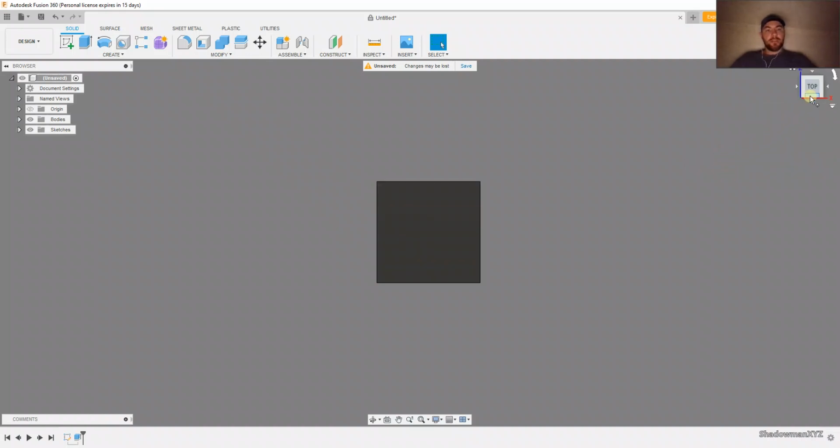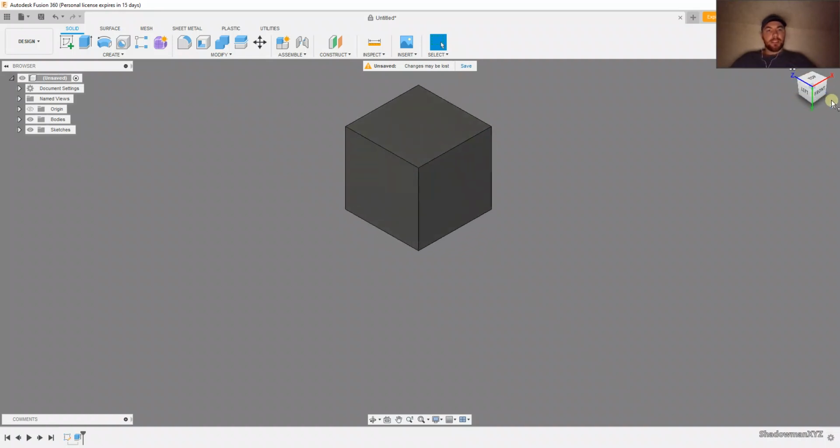Boom, done. And then there's a highlight on the top, you can move down a little bit, that'll kick you at an angle. And then move over to the left, that'll kick you at that angle. And what I like to do is go ahead and drop that back down and set current view as home,